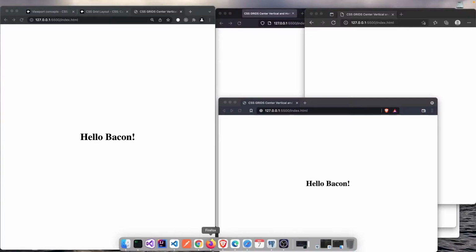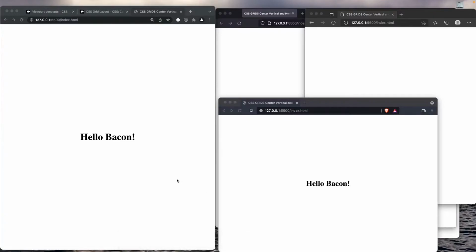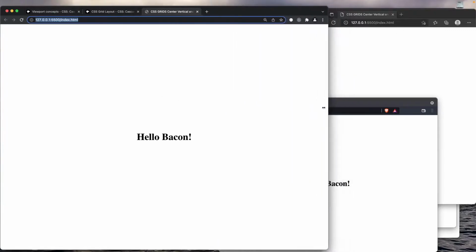I currently have 5 browsers open: Chrome, Firefox, Brave, Microsoft Edge for the Mac. I'm obviously on the Mac, and of course, Safari. All 5 browsers are consuming the same view from the same server. The code is exactly the same. And just to test that it's completely responsive,